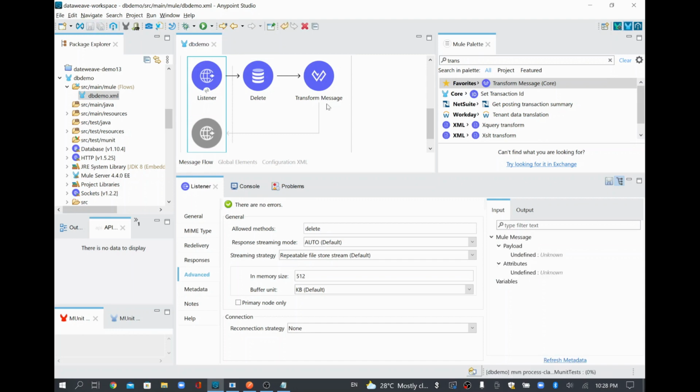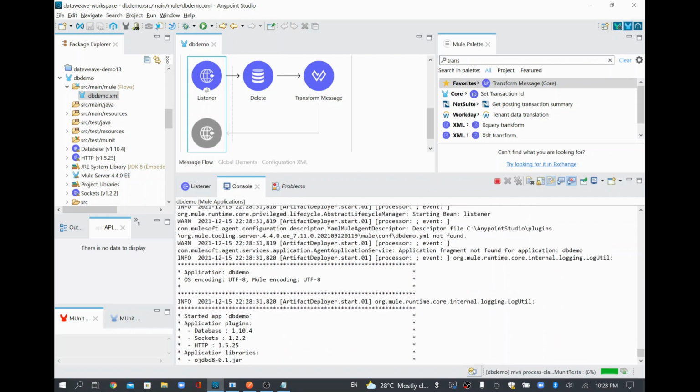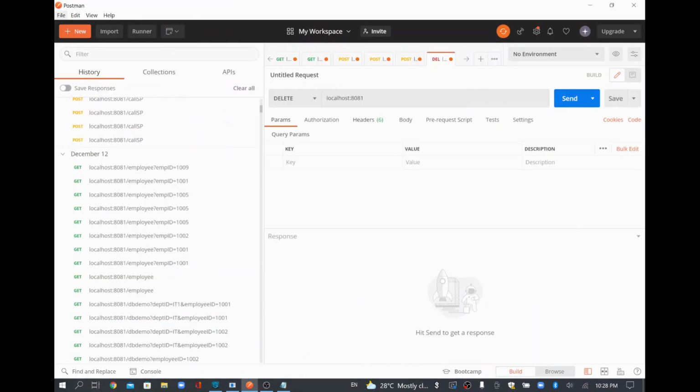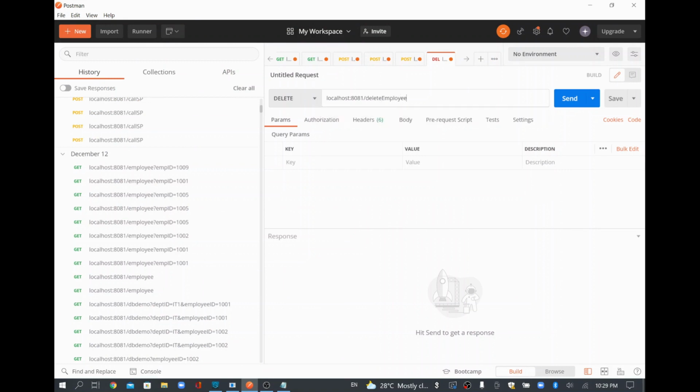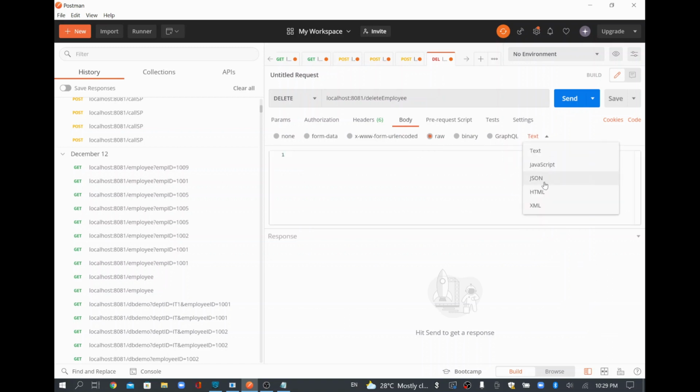You'll save this one, and once you see deployed, you can run it, and meanwhile I'll prepare the data. So our endpoint is delete employee, and then in the body we are going to send some request data. You can select raw and then JSON, and the sample I copied I just put here. For this example I need only the ID field, because that's the only input I need, so I'll give ID alone. Now I want to delete the 1027th ID record.